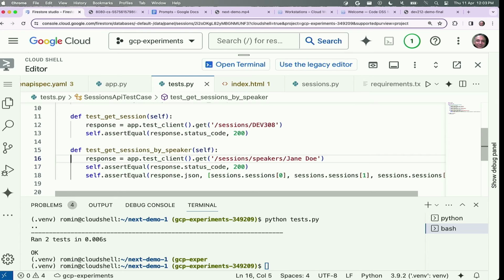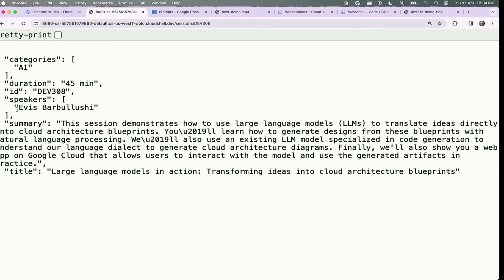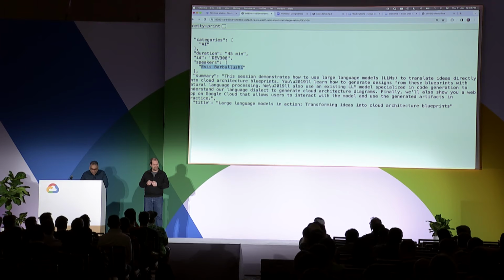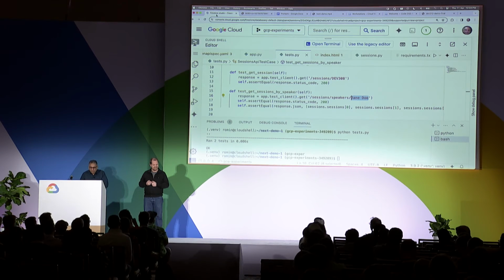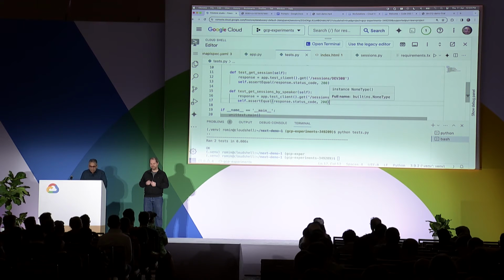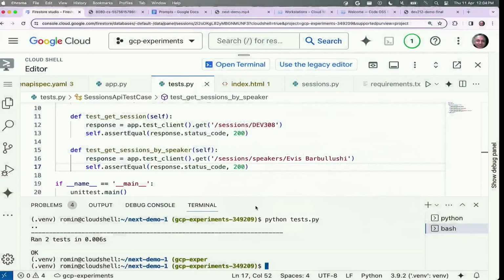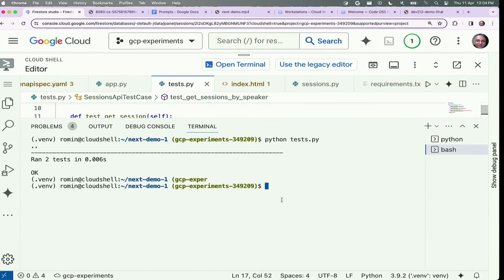Of course, it's given me some dummy data. This speaker is not Jane, you don't know, might exist. All right, let's use someone we know exists. So I'll just take this live data that we have. I'll take the speaker's name from here, and I'm going to put this here. So this should ideally get me 200 if everything is fine. I'll just remove this assert equal for now. Now, obviously, we don't have this implementation. So if we are going to be running the test suite again,